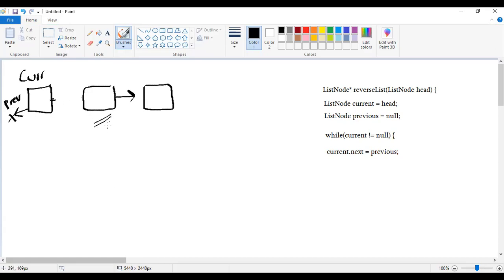You've lost your touch with this node. This node doesn't have a reference that's attached to it. If we then wanted to say this node's hand, this node's reference equals current, how would we do that? It doesn't have a name. It doesn't have a reference attached to the actual object. So it then becomes apparent that before we do current.next equals previous, we should probably save the next node in